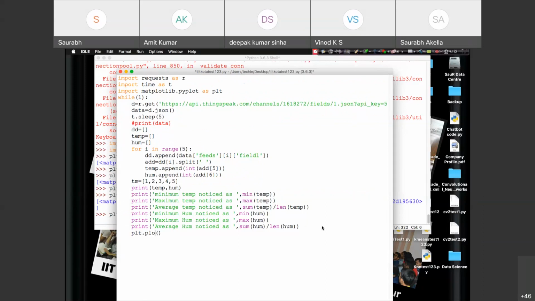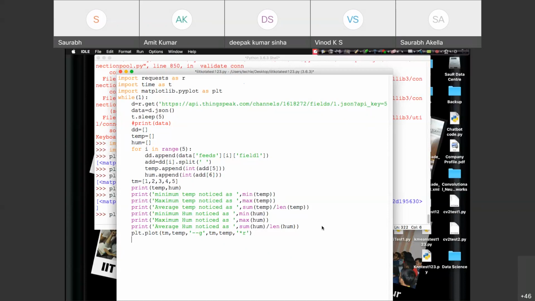So plt.plot within brackets: Tm versus temperature, time versus temperature for a dotted line in green color, Tm versus temperature, star with red line, right?